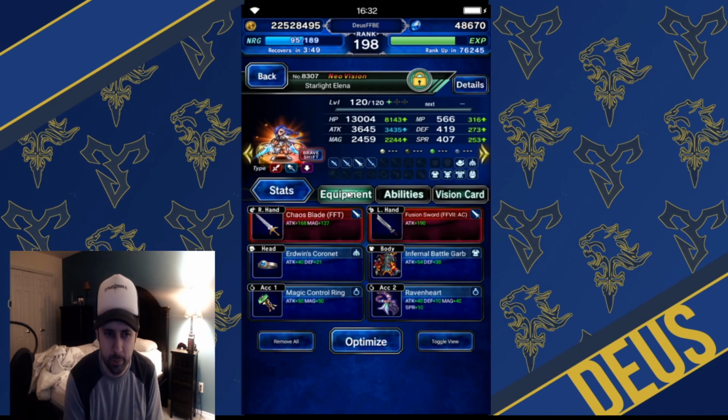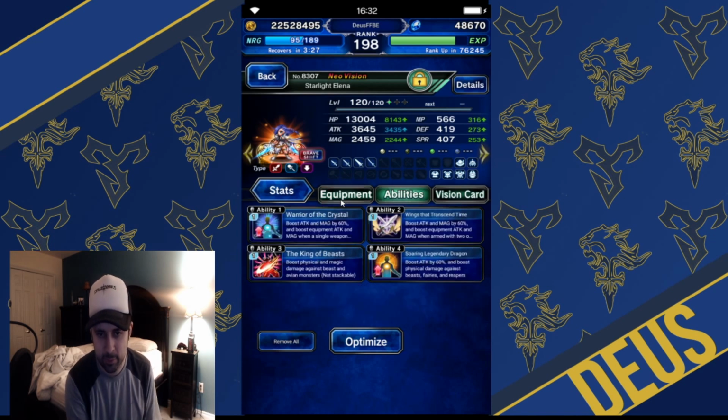Not with Elena, but I'm trying to say killers are extremely important, guys. Some of you may be new to this game and you might be tempted to fall into that hybrid trap like I just mentioned. You can probably almost ignore her magic. You can put a few into it like I did with the Chaos Blade, and Ravenheart is fine with it and all that kind of good stuff, but